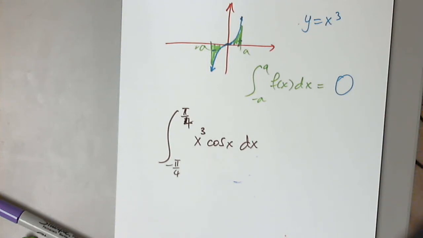What do we know about cosine? Is cosine odd or even? Even. There are only two trig functions that are even: cosine and the other one that only has cosine in it, which is secant. So cosine and secant are even. So this is even. But what about x cubed? Yes, an even function times an odd function will always give us an odd function. So this is odd,